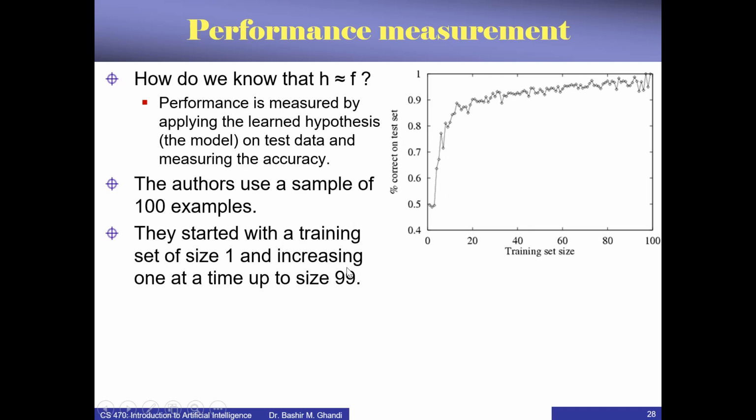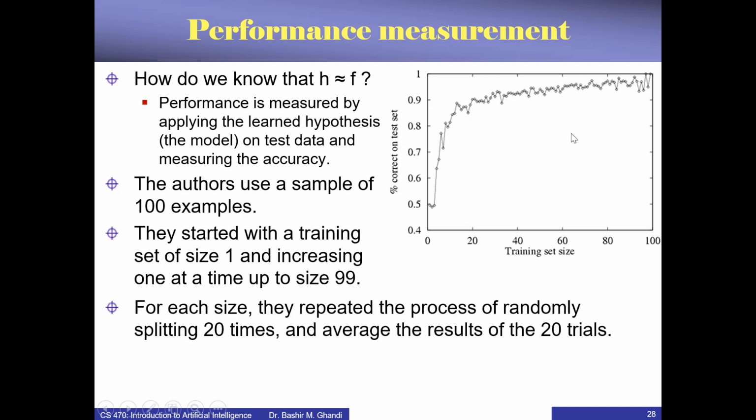So they are basically partitioning the data between the training and test data, and then using the tree they obtain, they apply the test data and compare the result obtained with the expected output,